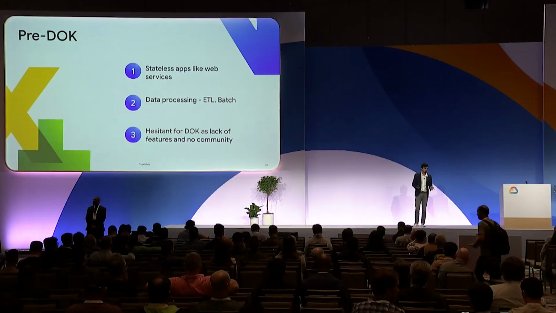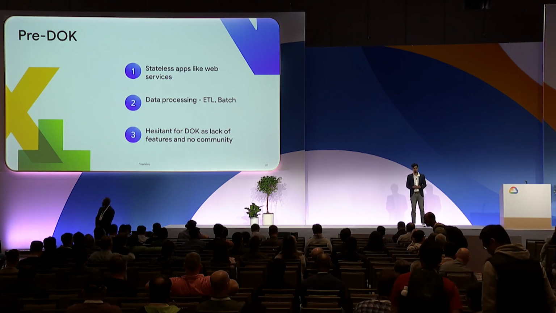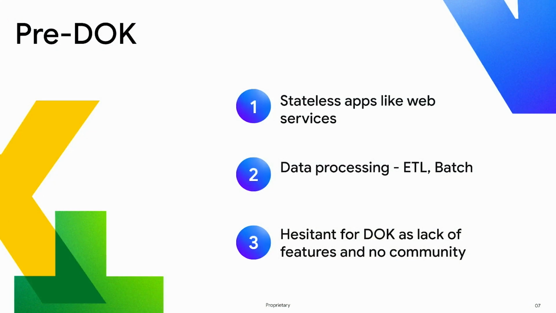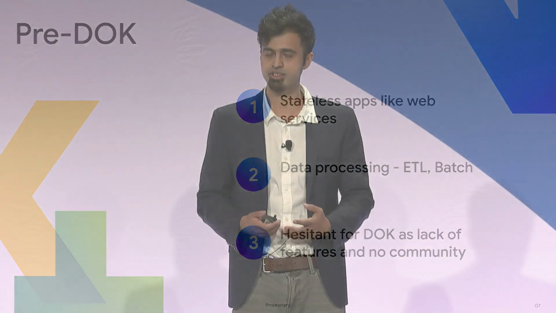And then, of course, we are now entering a new phase, as all of us who like to build new technology. There are some unsolved problems coming up with data and AI/ML, which we'll explore. Just for storytelling, I'm calling it DOK 2.0, because the evolution is happening as we speak. Very briefly, pre-DOK, Kubernetes was very focused on ephemeral applications. And most of the data applications you saw were ETL and batch. The key takeaway was the community was very hesitant to recommend Kubernetes for database applications.